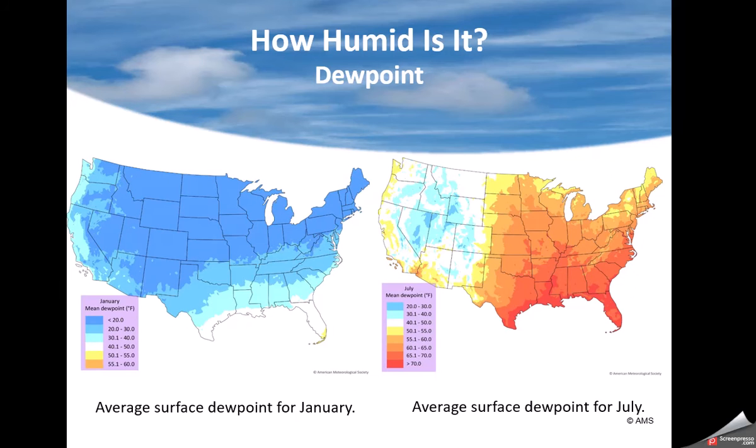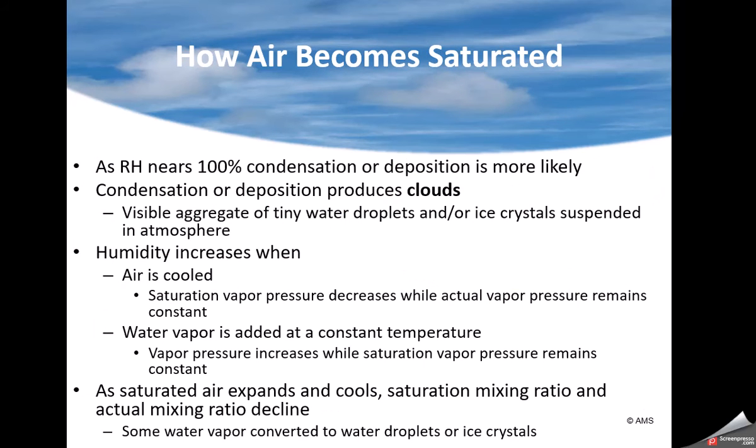And you can see the changes in dew point between the year. Look at how much warmer they are. Some of them are well up into the 40 to 50 temperatures in January, and in July, dew points go up into the 70s, and you'll even see them in the 80s sometimes. So a lot more moisture is held in the water in the summertime than it is in the wintertime. That's why when you get the thunderstorms, you get so much more rain with them. And when this happens, you get condensation when it reaches 100%, and it can produce clouds.